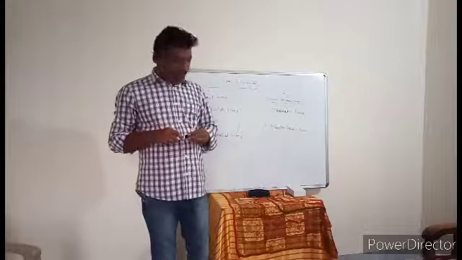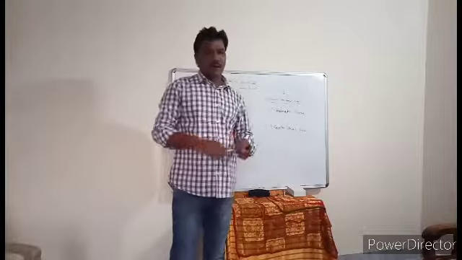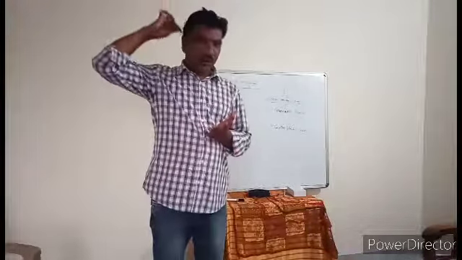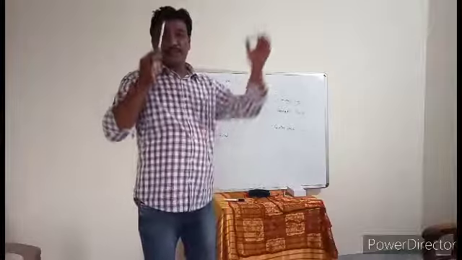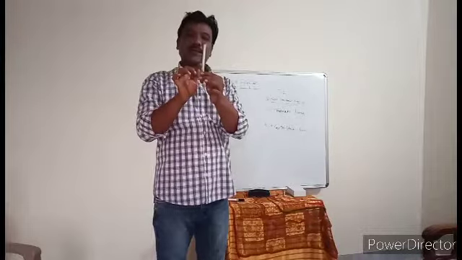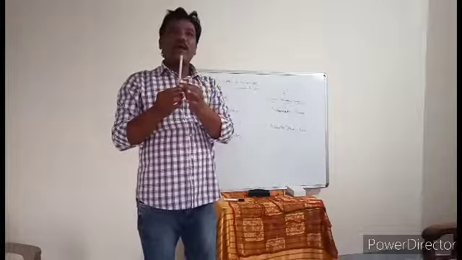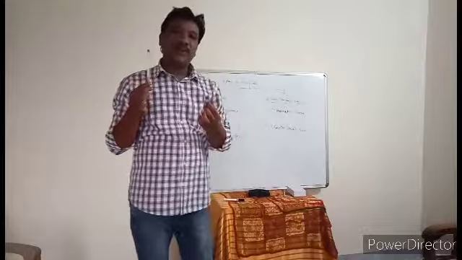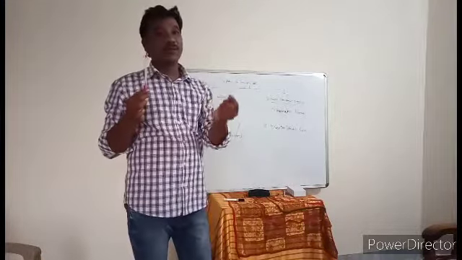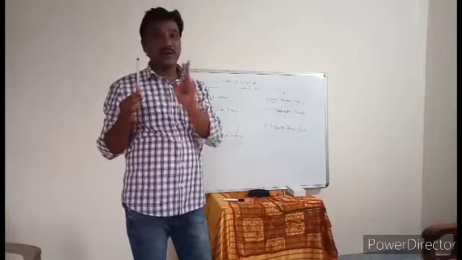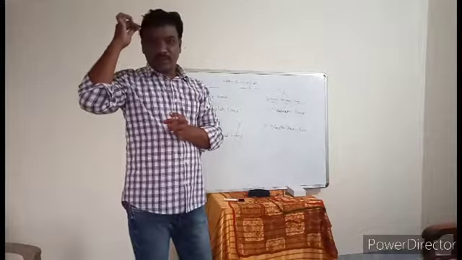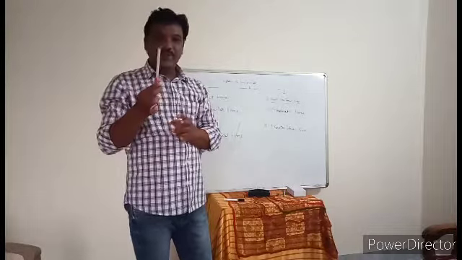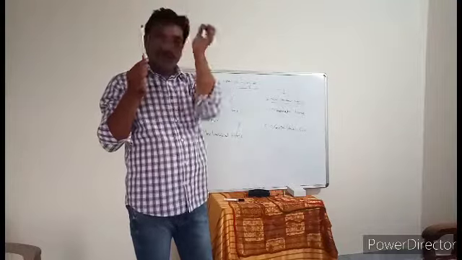For example, I am taking a scale or pen. You can take a pen or scale or anything. You rub it on your hair. Then immediately this object becomes a charged body. When it is rubbed on your hair, how many types of charges do we have? Two types of charges: positive charge and negative charge. These are the electrical charges. When we rub the scale or pen or comb on your hair, immediately the charge is transferred from hair